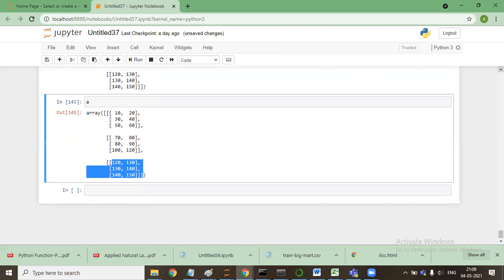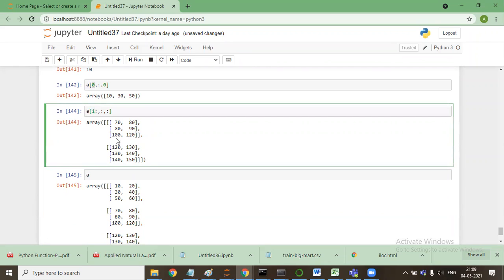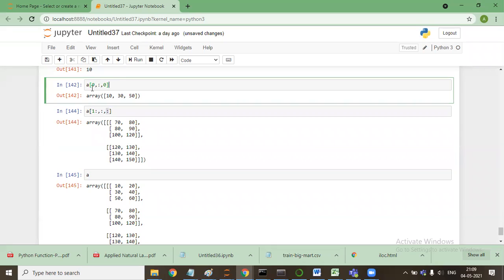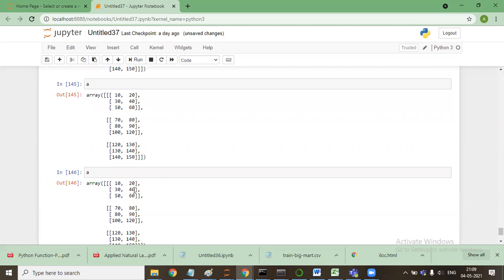Now, when I said A[1:], I'm saying starting from first till the end, all dimensions will be selected. And within these dimensions, whatever rows and columns we want to select, it will select. Similarly here as well, for the selected 0 dimension, how many rows? That is all rows and the 0th column. Are you guys with me? Any doubt?